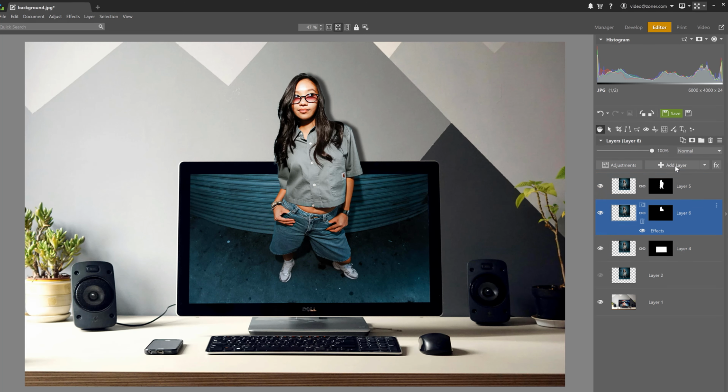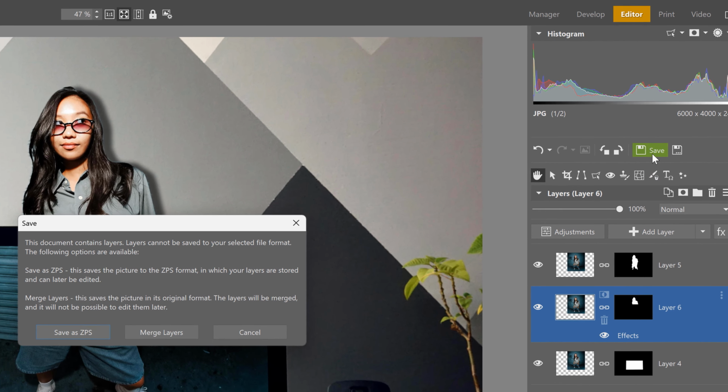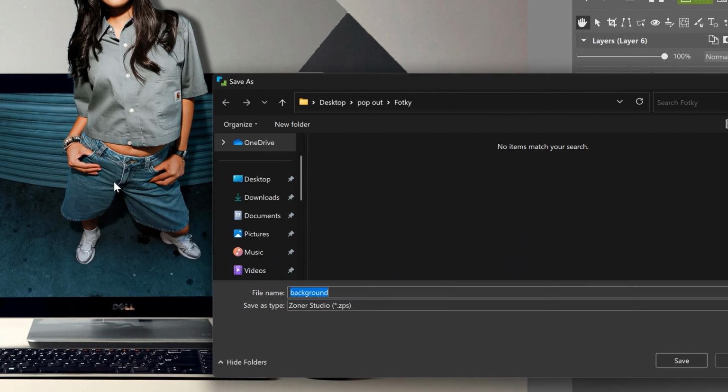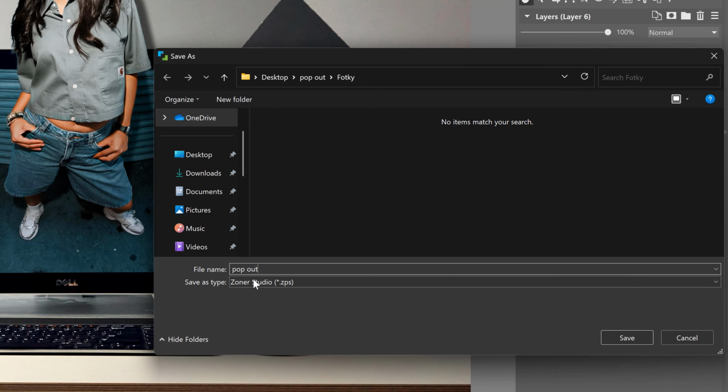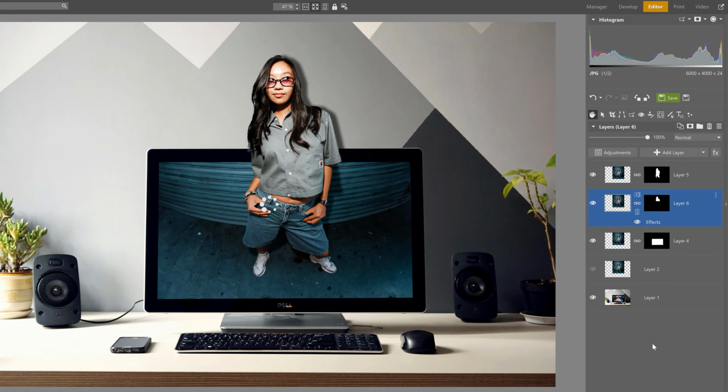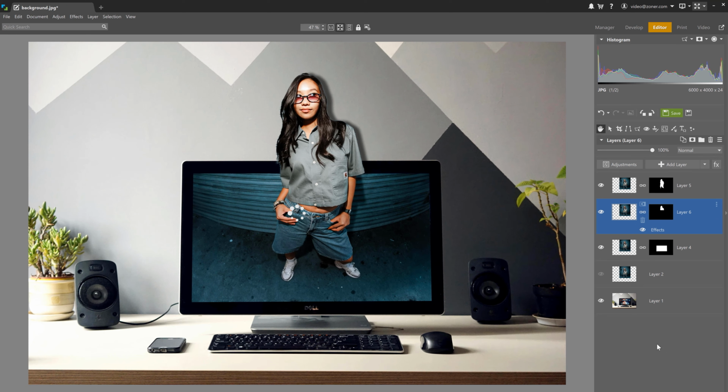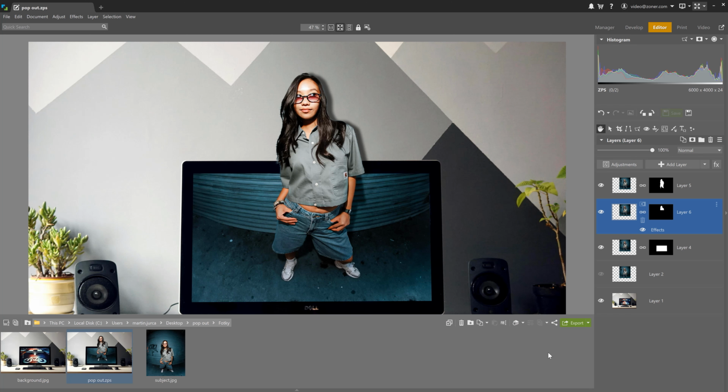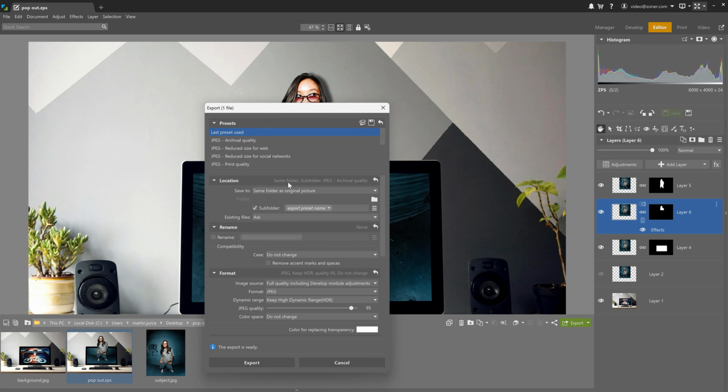Now let's just save the file as a .zps first, just in case we want to tweak this montage later. So let's keep all layers and edits. And if you want to share the photo elsewhere, we can export it. And in this case, as a JPEG. If the object were sticking out into transparency, I'd choose a PNG instead since it supports transparent backgrounds. So let's hit export, set JPEG quality, and voila, we're done.